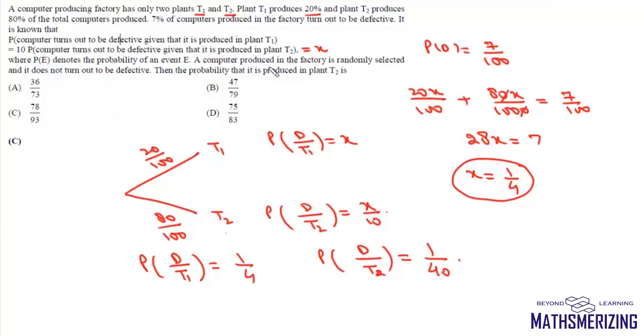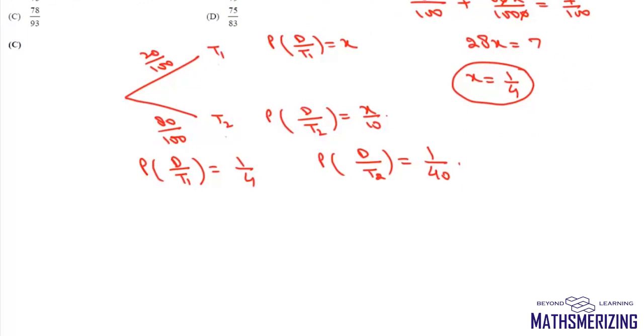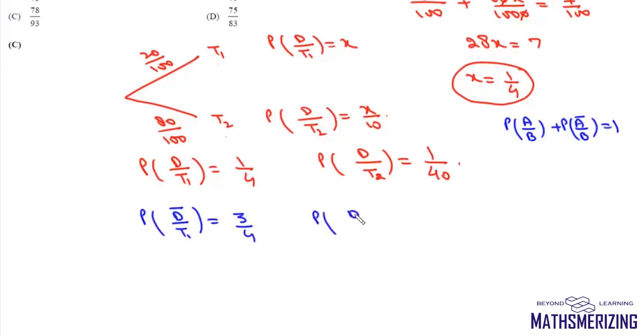Now it says a computer produced in the factory is randomly selected and it does not turn out to be defective. Find the probability that it is produced in plant T2. Now for this, first we calculate the probability that it is not defective if it has come from T1. Now we know that probability of A upon B plus probability of A not upon B is equal to 1. So probability of D not upon T1 will be simply 3 by 4, and probability of D not upon T2 will be